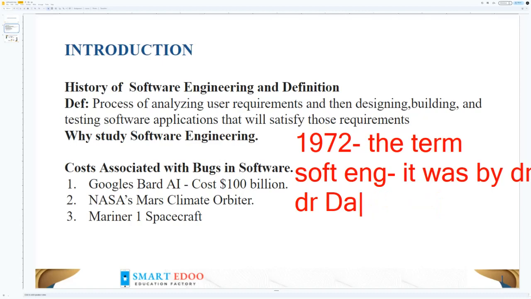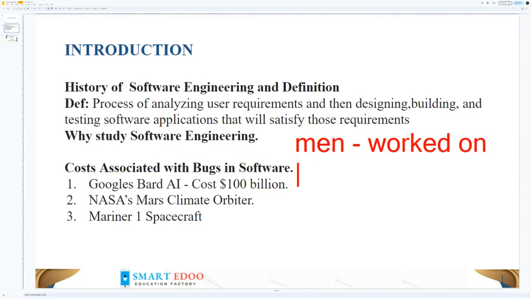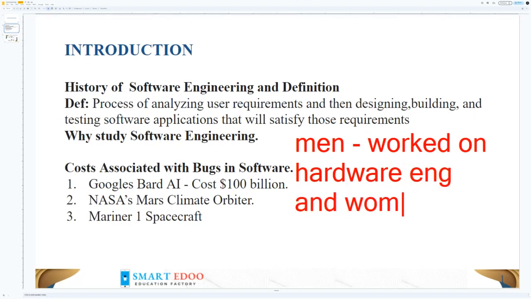we had men and women working on designing systems, and these systems had all components of software and hardware. Before then, men worked on hardware engineering, and women worked on software.